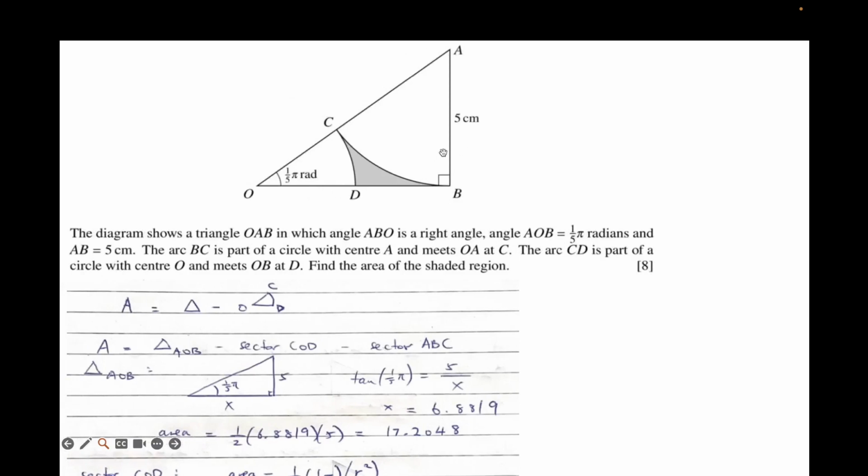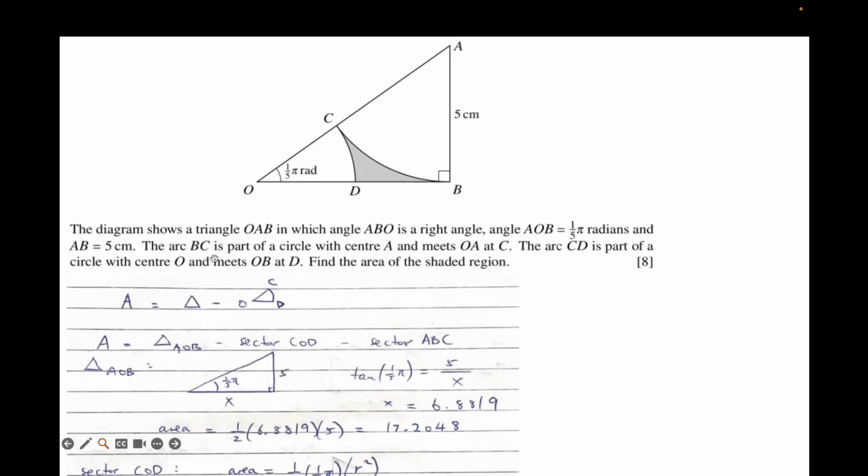Point is this, remember the protocol for these types of questions? Even if you didn't know how to do the math, even if you had no clue what the area of a triangle or the area of a sector is, you know how to find the area of the shaded region. It's primary school logic. What even makes up the area of the shaded region? That's what we wrote down for the first line of working. This first line of working is really just explaining: area is going to be equal to the triangle AOB,